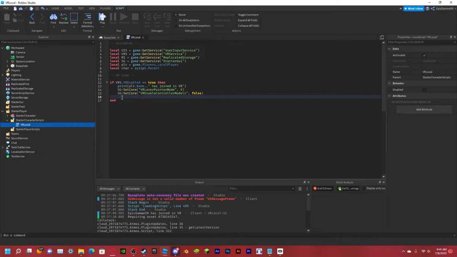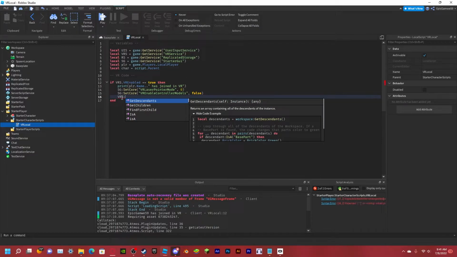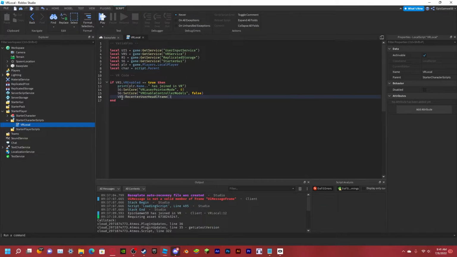So now what you're gonna do is do VRService:RecenterUserHeadCFrame, and that just makes sure that they're not like, sometimes when you join in VR, you're not like in the right spot, so this just puts them in, or it makes where they are standing currently the center of them, if you get what I'm trying to say. So then